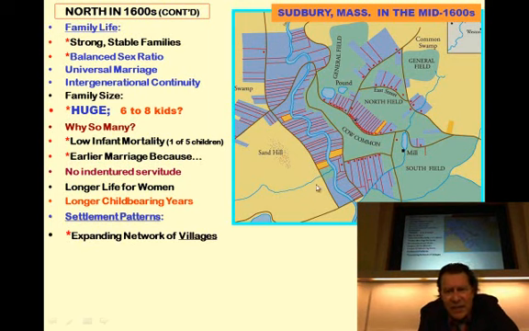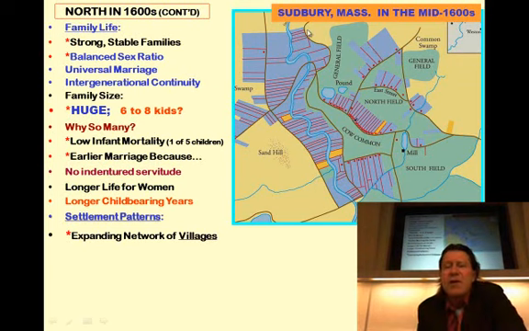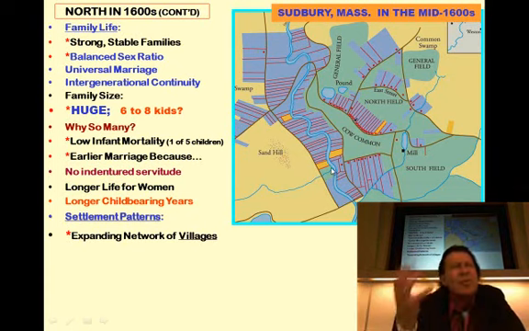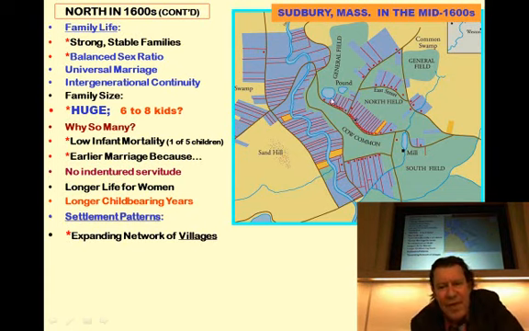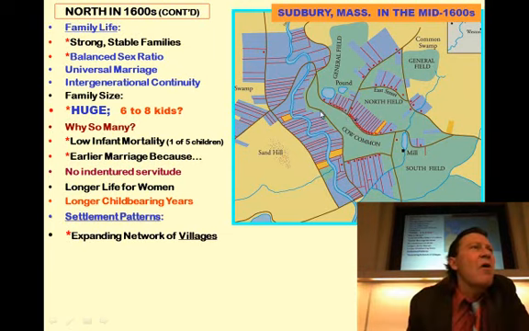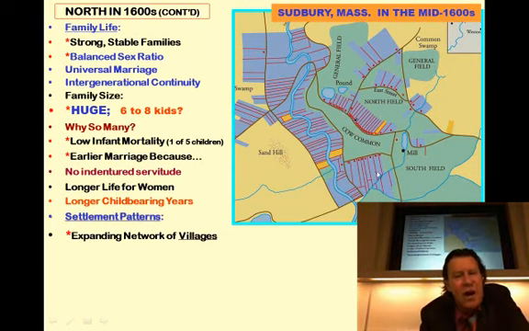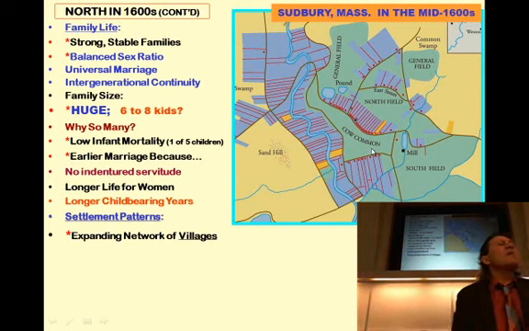This is a classic shot of a town outside of Boston called Sudbury, Massachusetts, going back to its early Puritan days. This would be its earliest founding families. Look what they've done here. These people are farmers, but they have settled. Those little dots represent where they've settled, and they've all settled along the village common. See how that's called the cow common? That was common land owned by the